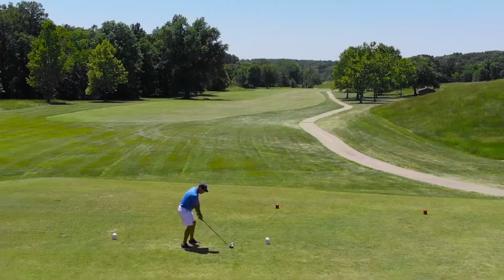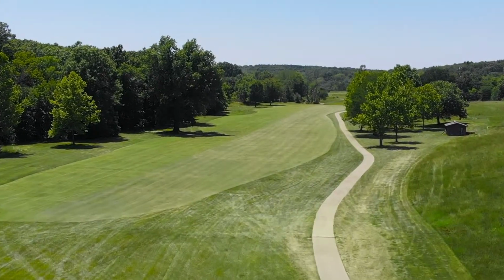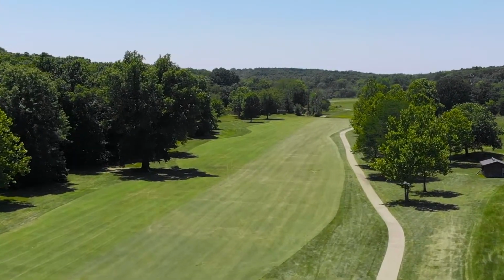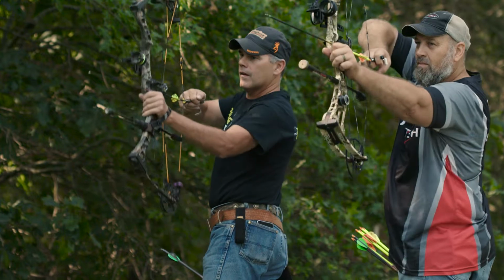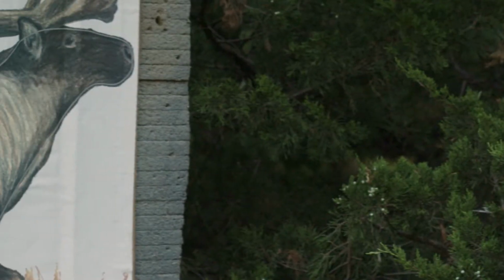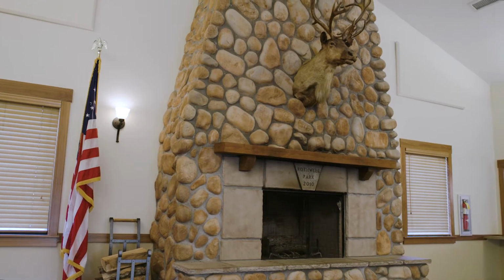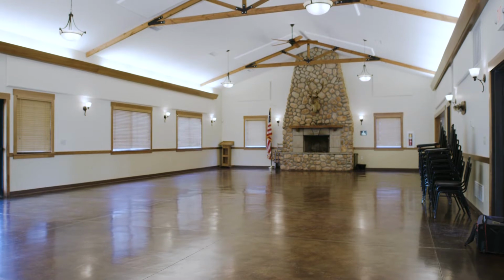At more than 465 acres, there really is something for everyone at Rothwell Park. If you need some time away from it all to work on your marksmanship, look no further than our free-to-use 14-target archery range. If you're trying to find a scenic location for a large group event, reserve some time at